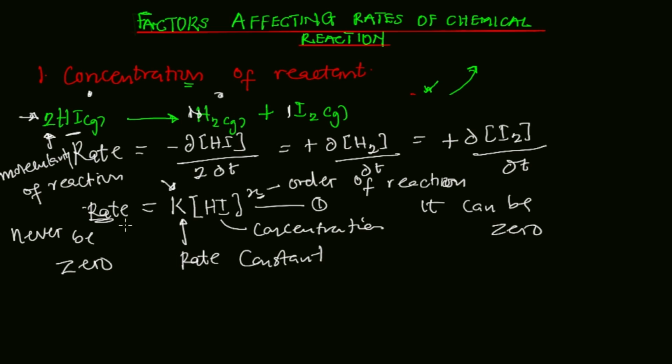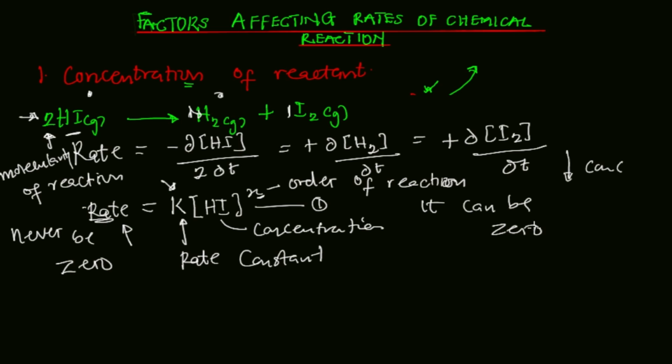But one thing is that when you see rate equals k[HI]^x, this is basically the rate law, right? It shows the relation between the rate of reaction and the concentration of the reactant. That's just about the factors affecting the chemical reaction as far as concentration is concerned. I'm going to show you how to solve questions under the concentration of reactant, because whenever you have an increase in concentration of reactant, it's going to increase the rate of chemical reaction, and whenever you have a decrease in concentration of reactant, it's going to decrease the rate of chemical reaction in some cases,